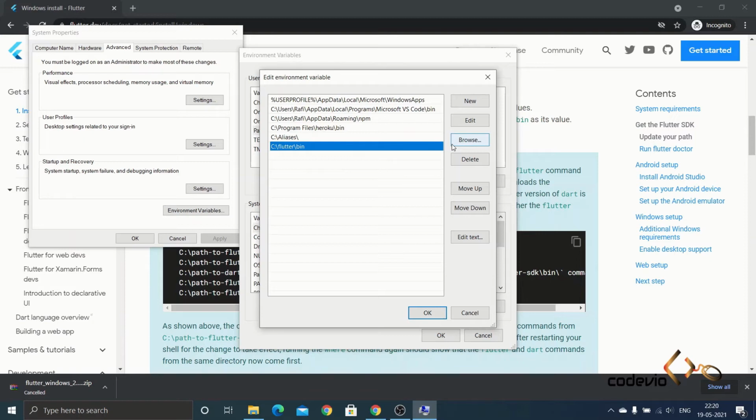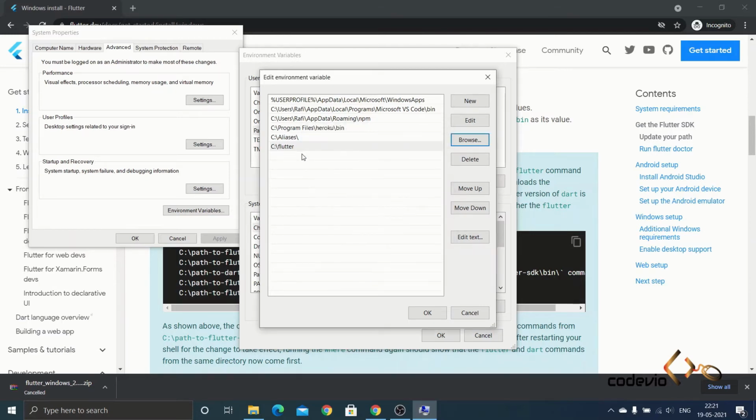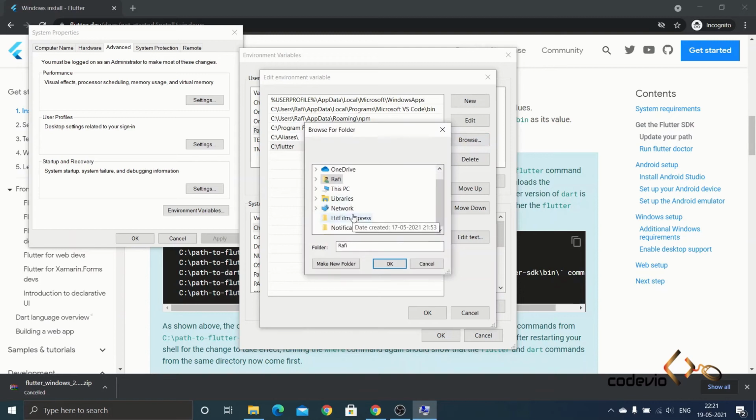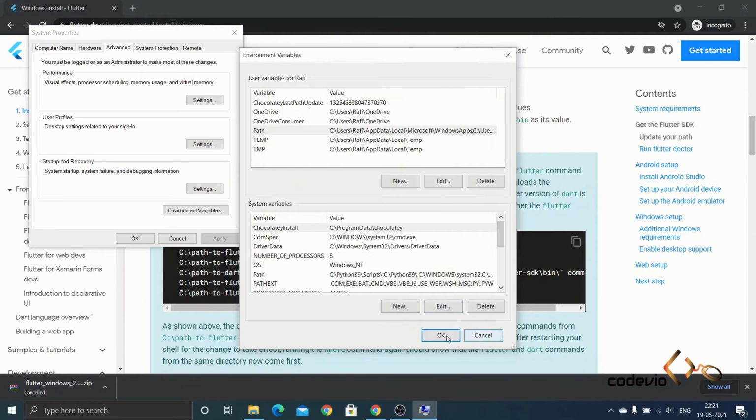Okay, so I'm just going to show you how it comes. I'm just going to show it once more. It is an important step, don't miss it out. Please go to the location where you stored Flutter, and you can see that I have just changed this to show you. Go to your location, don't forget to add bin. Flutter, and inside the bin click OK. So you can see Flutter bin, this is my location.